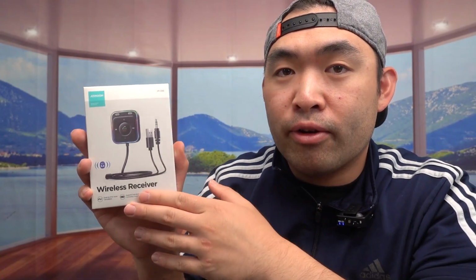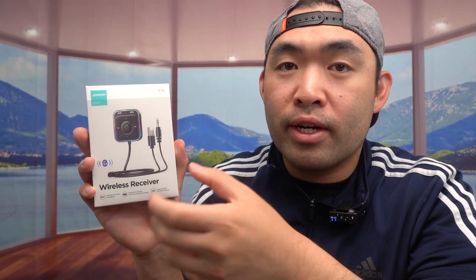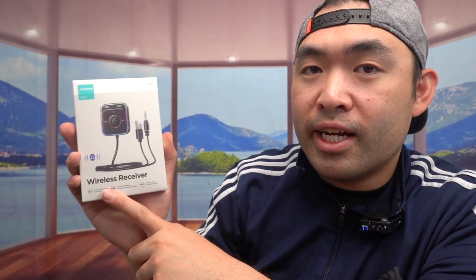For those guys who don't know what a Bluetooth receiver or a wireless receiver is, it allows you to plug this into your car to use it as a receiver, in case you don't have Bluetooth built into your car, especially if you have an older version of a car. And the cool thing about this product is that it has a lot of cool